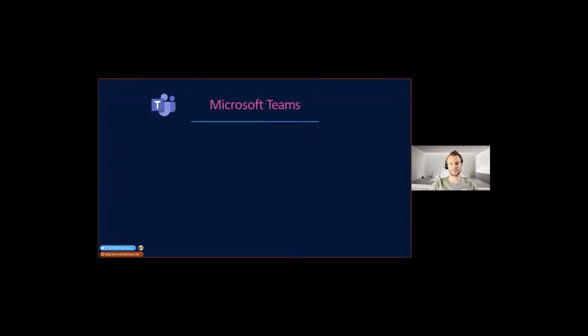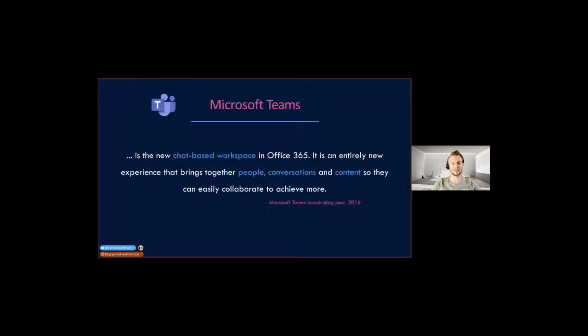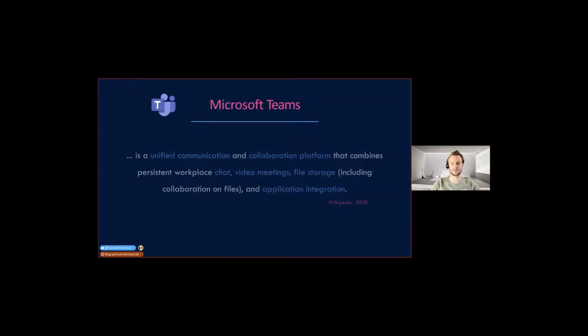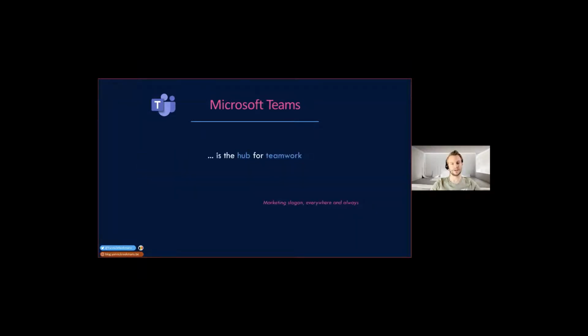So Microsoft Teams, let's start with how it's positioned by Microsoft. Microsoft Teams was a chat-based workspace bringing together people, conversation, and content. It's how Microsoft positioned Teams in the launch blog post in 2016. Now, the Wikipedia definition also adds application integration and video meetings into the mix. And as a result, it wasn't catchy enough for marketing, so they just simplified it to